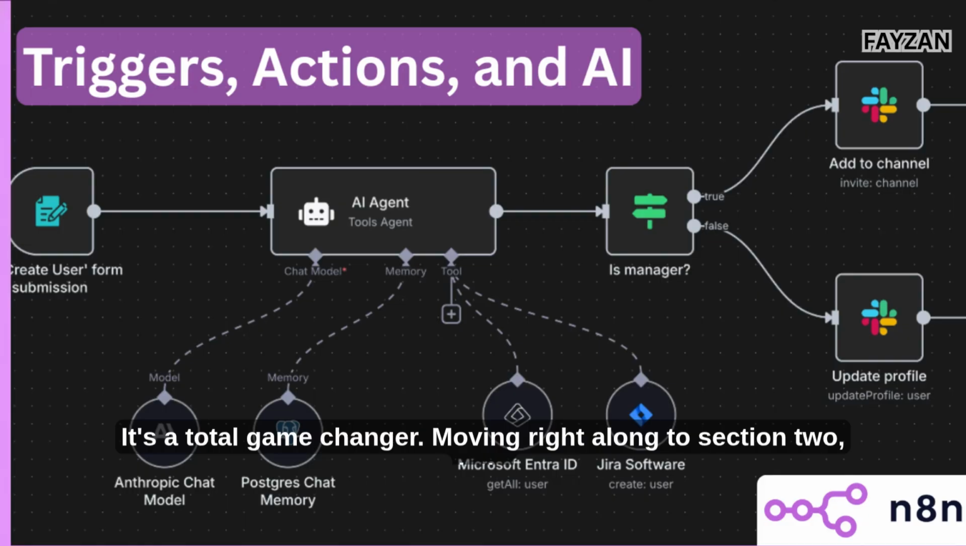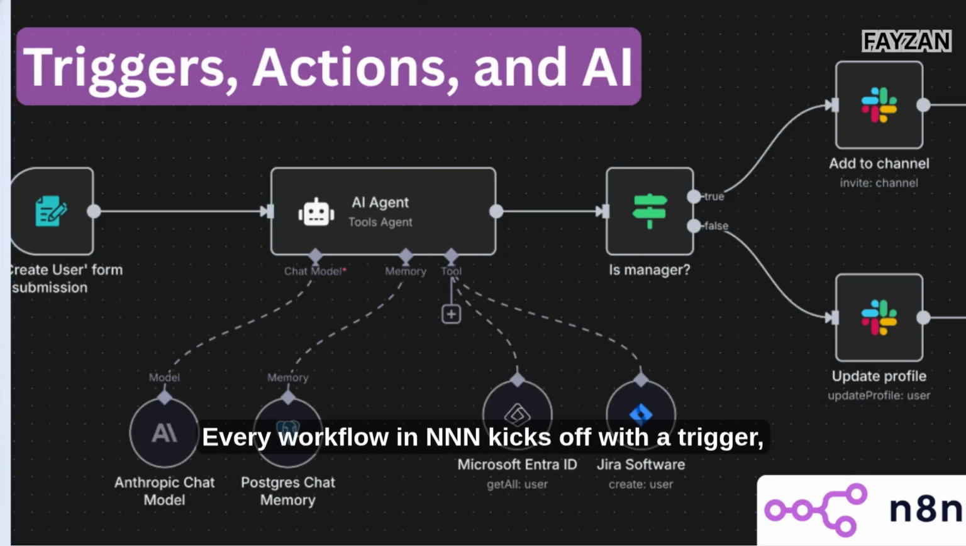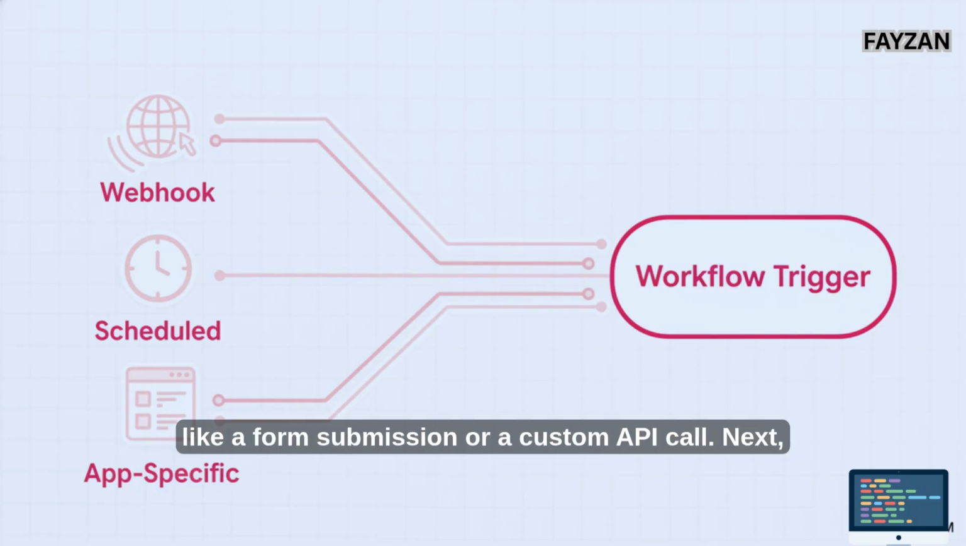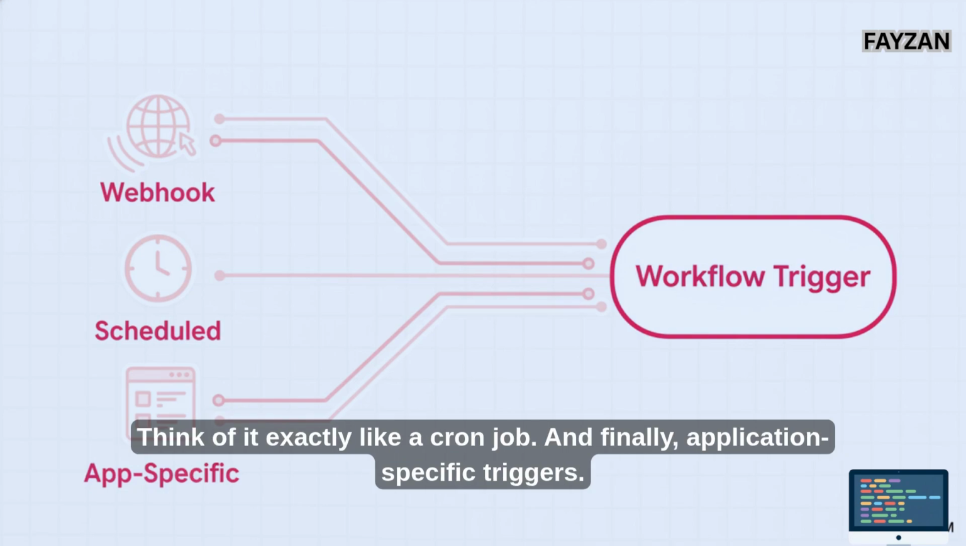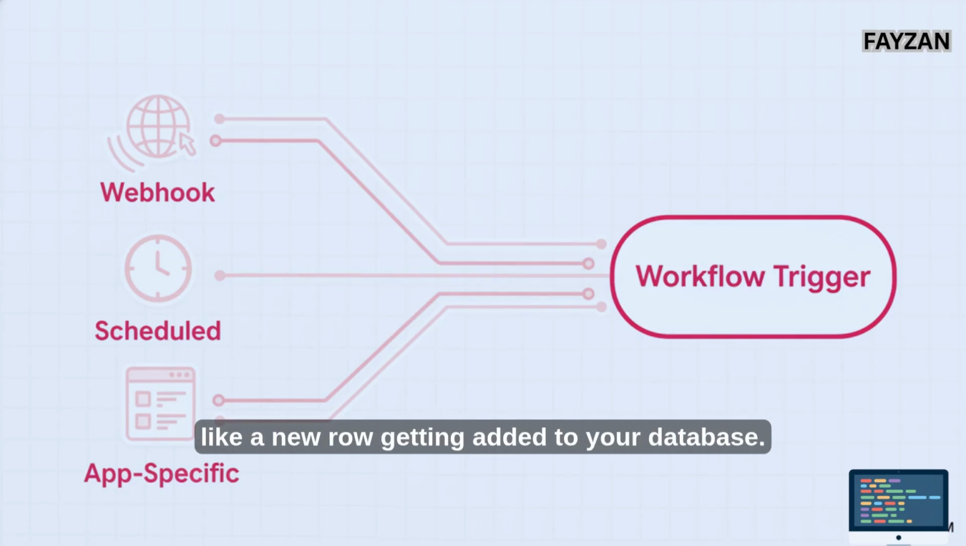Moving right along to Section 2, let's look at triggers and workflow logic, the actual engine of your automation. Every workflow in n8n kicks off with a trigger, and you'll generally see 3 main types here. First up, we've got external webhooks. These are awesome for instantly capturing data from outside events, like a form submission or a custom API call. Next, we have scheduled triggers, which execute your workflows at specific time intervals. Think of it exactly like a cron job. And finally, application-specific triggers. These fire off when something happens in a third-party app, like a new row getting added